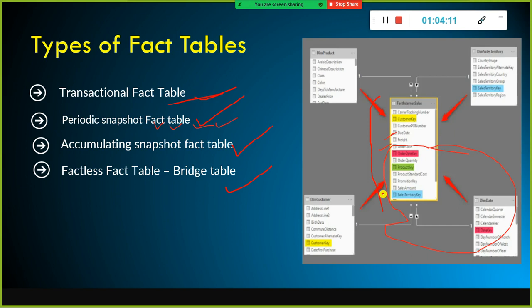Take for example the case of Walmart or Amazon or other big box retailers, every 1 hour they generate 1 million records. And if you store 5 years of data, just think how much volume of data this fact table will have in it, right? So instead of storing the daily transaction data here, in some cases they store the periodic snapshot also.